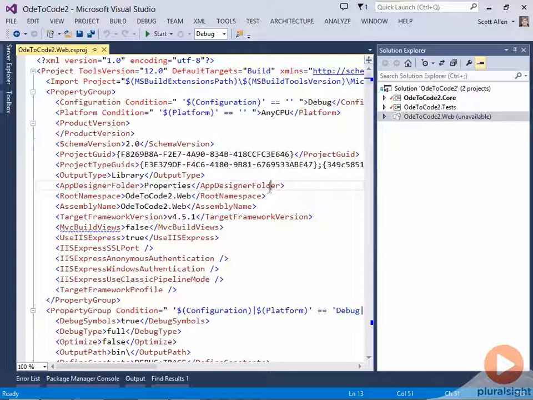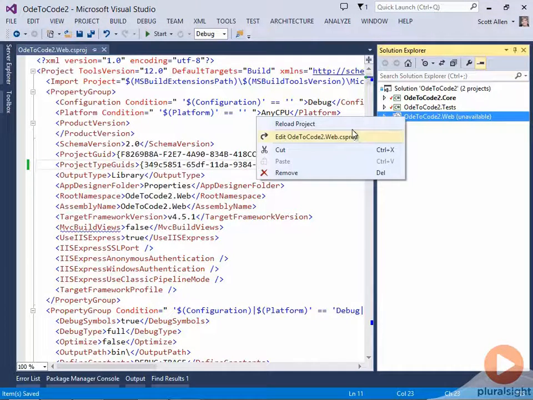And with ASP.NET, there's no longer a need for a GUID that identifies this project as an MVC project. With this version of ASP.NET, there's only ASP.NET projects. And you can easily have web forms and MVC and Web API all combined together. And the GUID that I want to remove is the one that starts with E3E and ends with BE47. I just can remove that GUID from here, save the project, reload it,